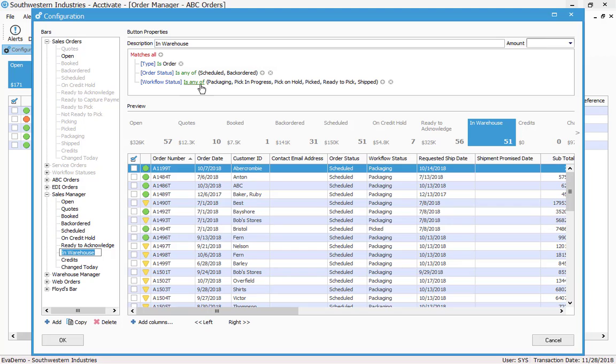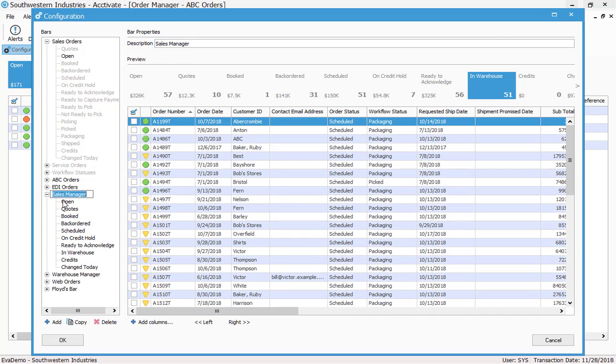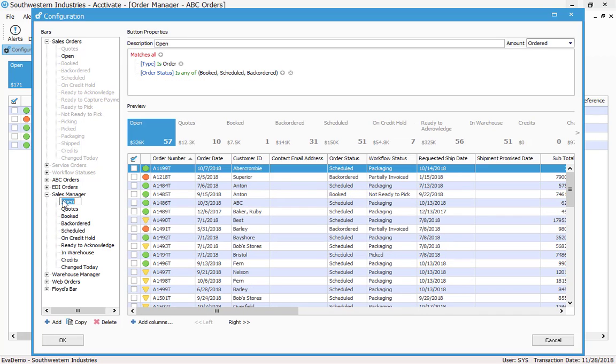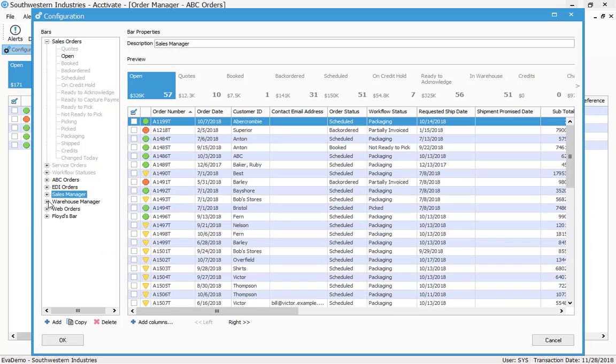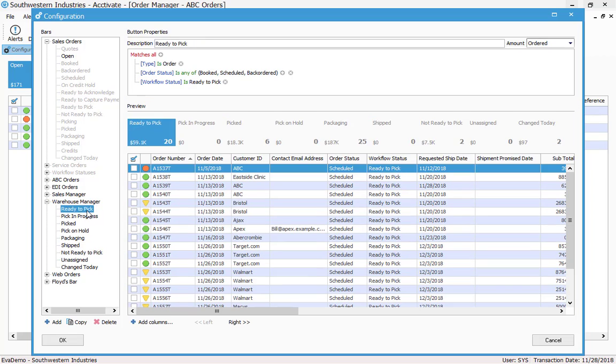In warehouse, these are the workflow status of packaging, pick in progress, pick on hold, picked, ready to pick, and shipped. So these are ones that are beyond, partially invoiced, for example. So these are ones that the warehouse is working with. Credits and change today. So the sales manager may want to configure these buttons to show orders based on those criteria, whereas the warehouse manager, if we go look at their buttons, these are more focused on the individual steps